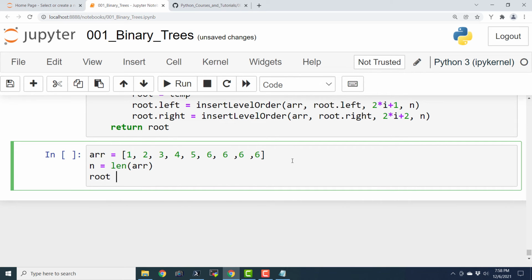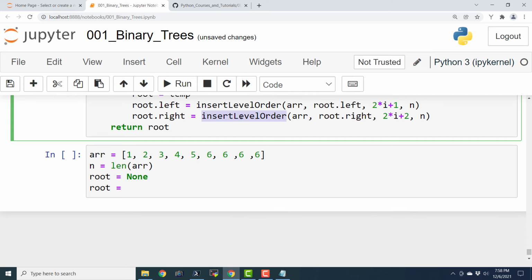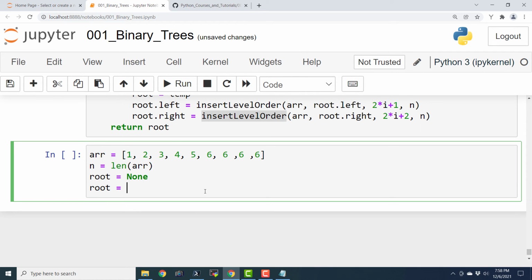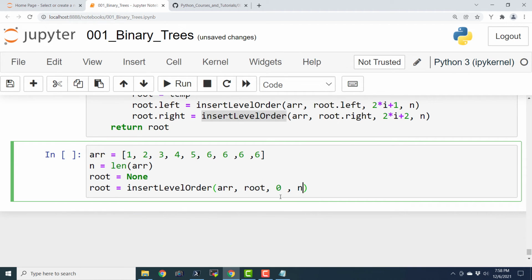And root equals none, root equals insert level order ARR comma root comma 0 comma n. So this entire statement is going to build the required tree. So let me execute this.